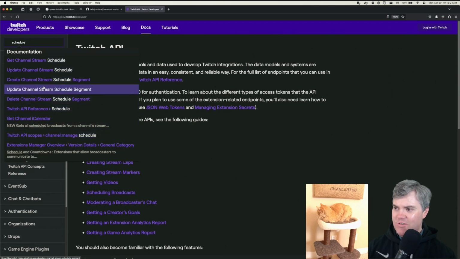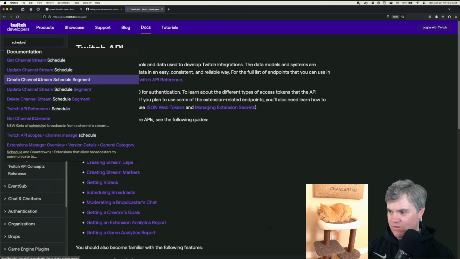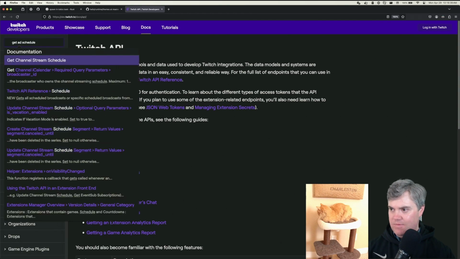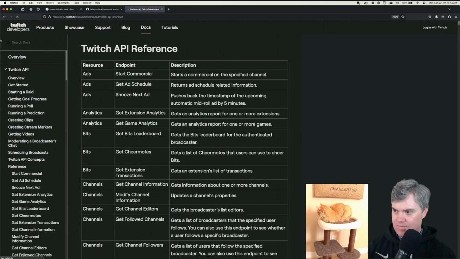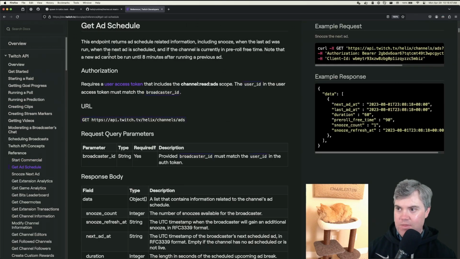Well, why can't I search for that? Why is that? Okay. Docs reference get ad schedule. There it is. This endpoint returns ad schedule related information, including snooze, when the last ad was run, when the